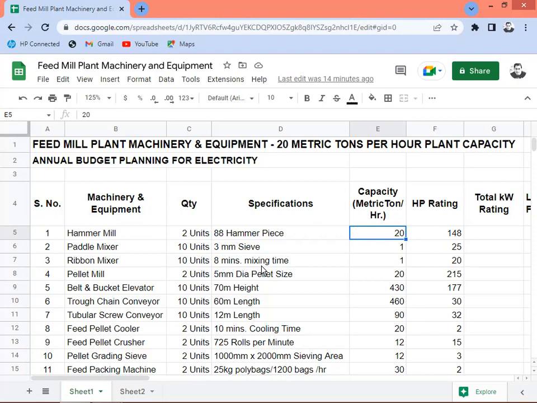Okay, so another is the paddle mixer. This is 1 ton capacity per hour. Okay, ribbon mixer, 1 ton per hour. Pellet mill, 120 tons per hour. Belt and bucket elevator. The belt and bucket elevator is the equipment that you're gonna use